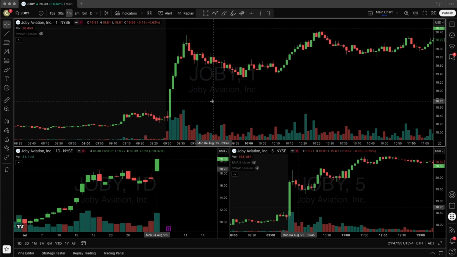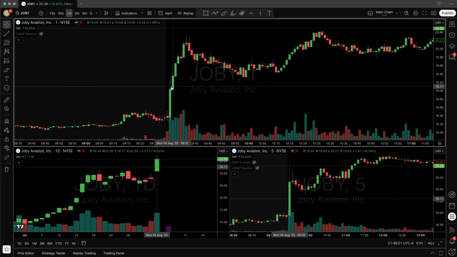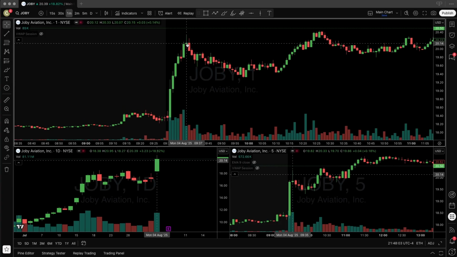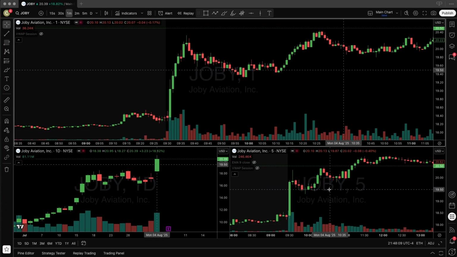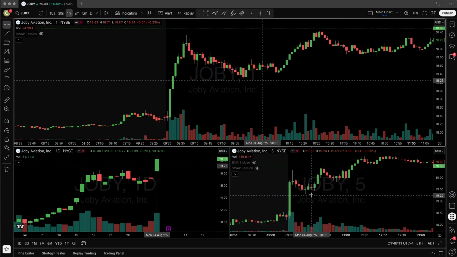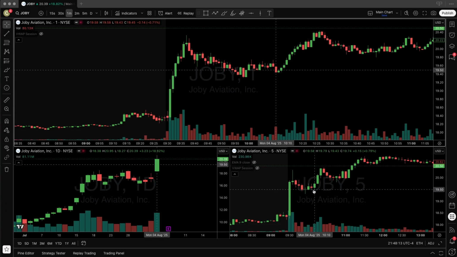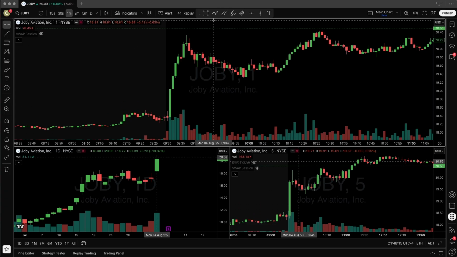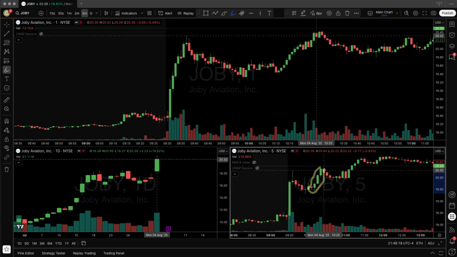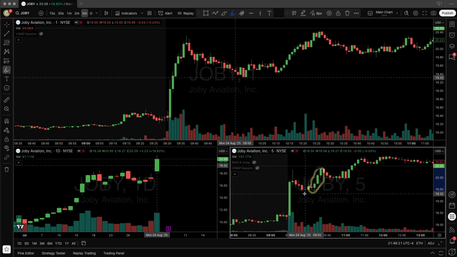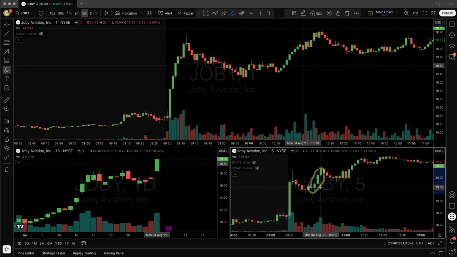And I really don't like indicators that much. I mainly am looking at the candlesticks and trying to read the candlesticks from the 1 minute and the 5 minute. I'm mainly looking at the 5 minute to get the sentiment of the market, like these three candles right here. These three candles right here are telling me the sentiment,